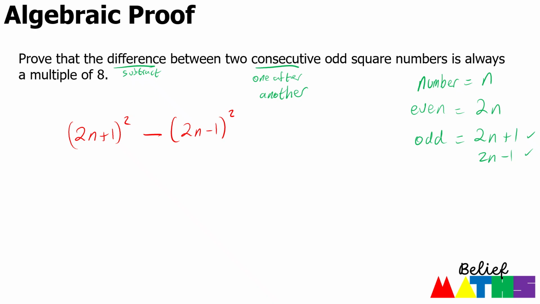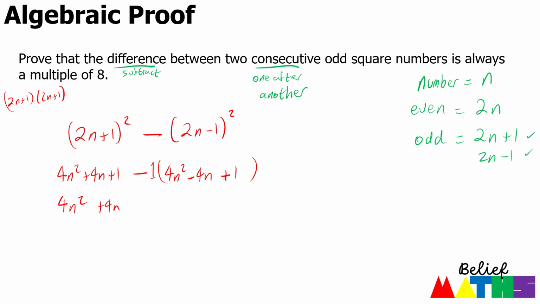So if we square the first bracket, and again that just means we're doing 2n plus 1 times 2n plus 1, and similarly the second one is 2n minus 1 and 2n minus 1. If we square that, that gives us 4n squared plus 4n plus 1 minus, now we're going to leave the brackets here for a moment because this negative is going to expand into all of these values. It's technically like having a negative 1. That gives you 4n squared minus 4n plus 1. When you expand your negative 1 in, then you get 4n squared plus 4n plus 1 minus 4n squared plus